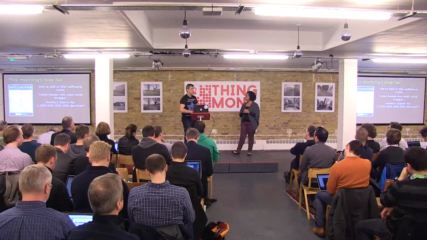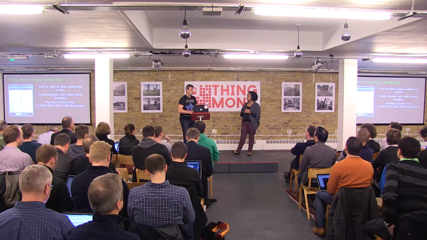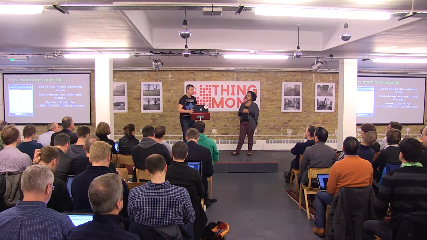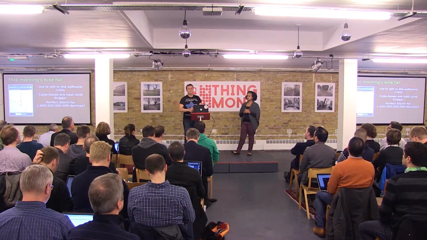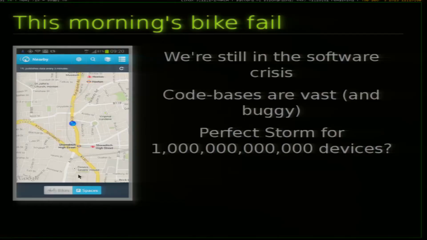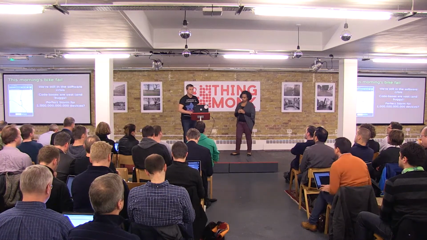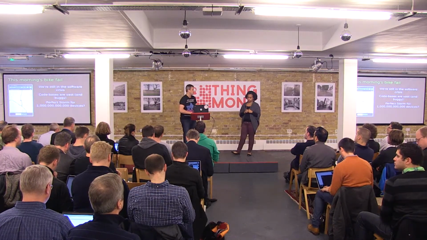So not only do we have unreliable technology, but we have vast monolithic code bases. And in that perfect storm, we're preparing to set sail 1 trillion devices onto that infrastructure. Disaster waiting to happen, I don't know. But for me, reliability goes hand in hand with providing reactive software, because there's no reactive software unless you have